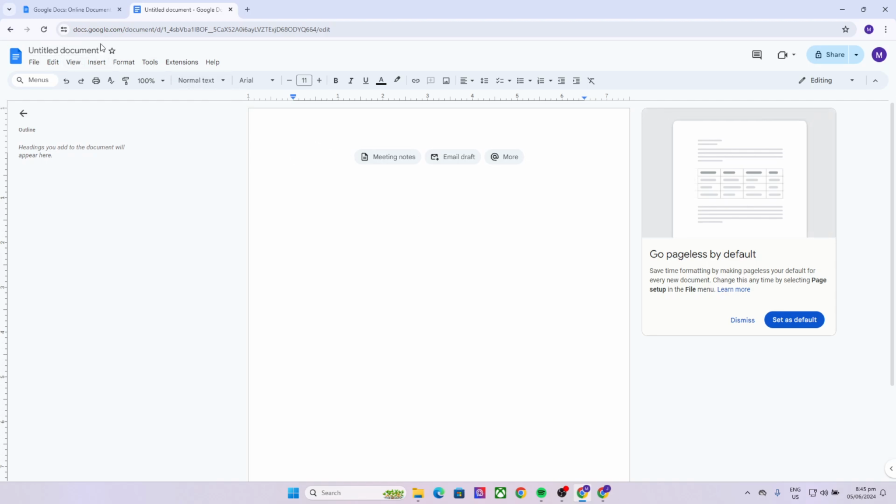Right in the upper left corner, you can edit the file name. However, for this tutorial, I would like to keep it like this. Now, how do we insert a link? Let's say, for example, I want to insert the link youtube.com. I will type in